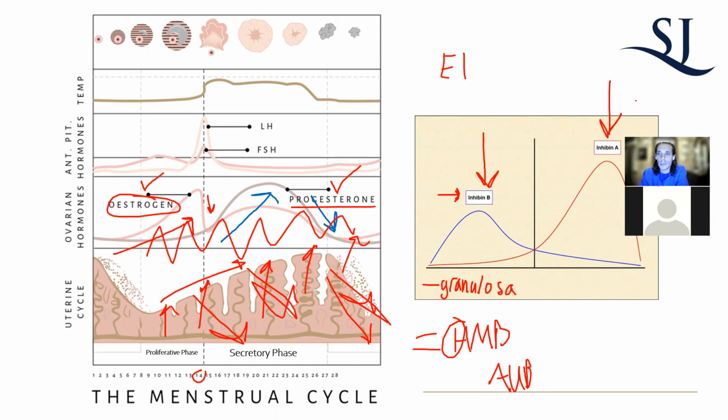You'll also see inhibin A. Where do you see inhibin A in OBGYN other than this? You see inhibin A in your prenatal screening, right? You see it in your quad screen, because certain aneuploidies are associated with a change in inhibin A.